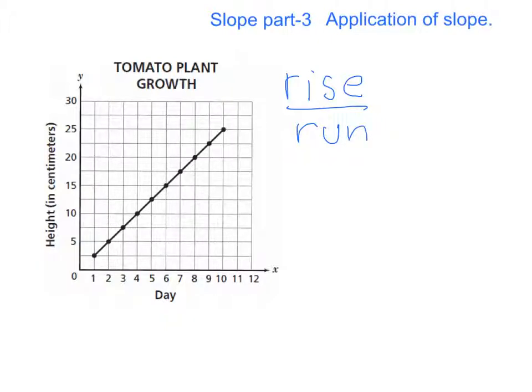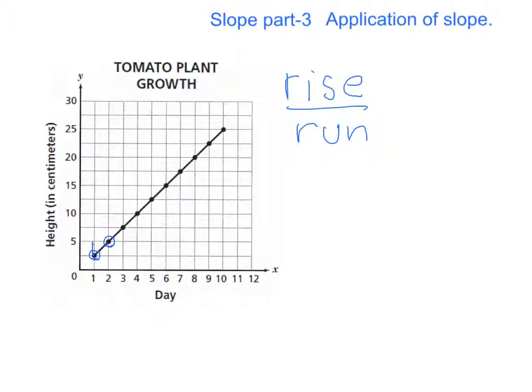Let's say that we started at day 1. At day 1, the height of the plant is between 0 and 5, and these are even increments. So what number is exactly between 0 and 5? Well, if you said 2.5, you'd be correct. So on day 1, the height is 2.5, and then on day 2, the height is 5 exactly. So the change, or the rise,